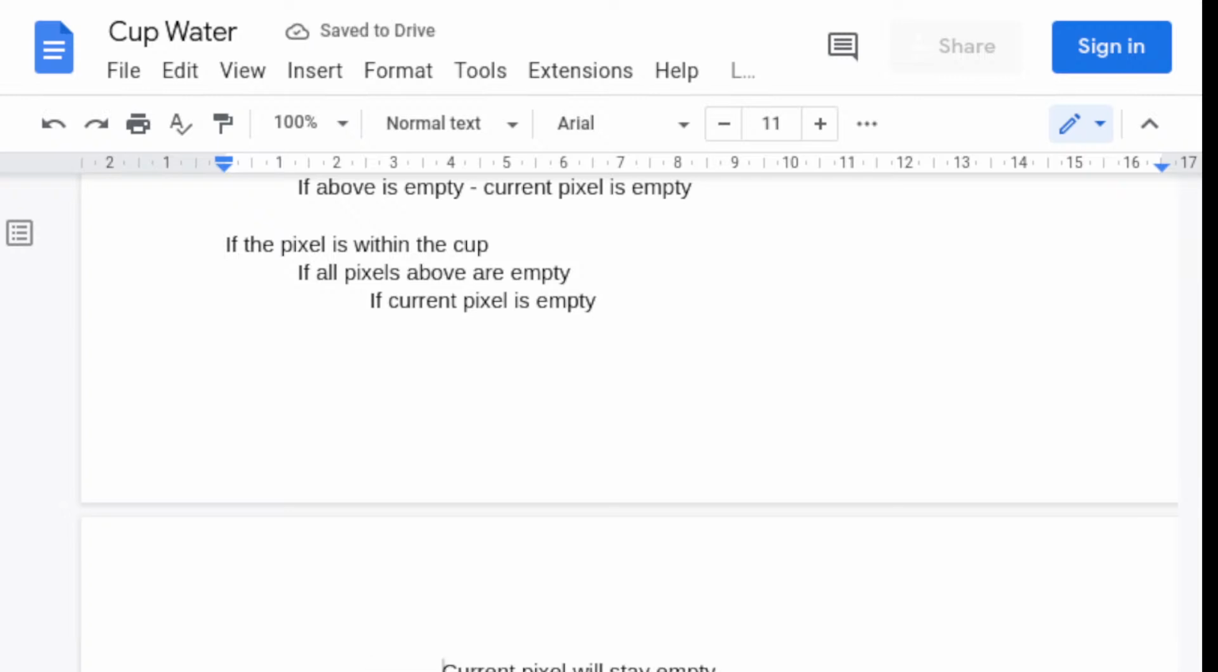If the pixel is within the cup, if all pixels above are empty, if current pixel is empty, current pixel will stay empty. If above pixel has water, if current pixel is empty, current pixel will have water. If current pixel has water, if the connected down water has obstruction,